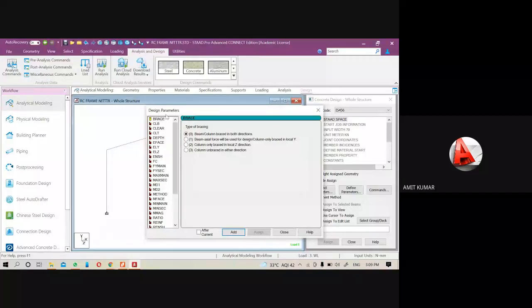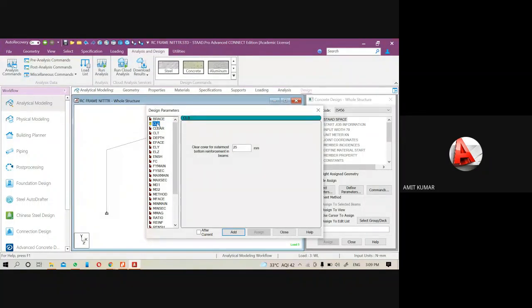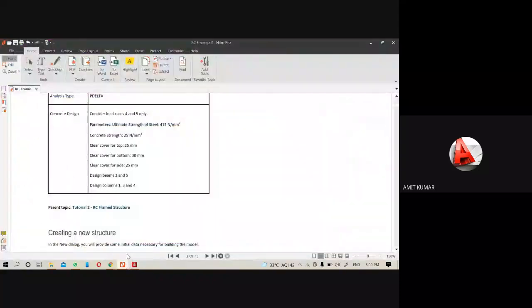So here are few parameters like bracing, the clear cover for the outermost bottom reinforcement and the clear cover for the outermost top reinforcement.